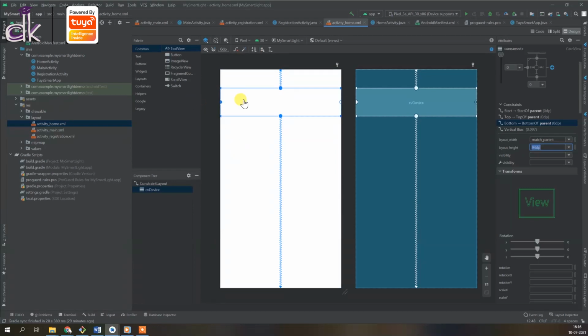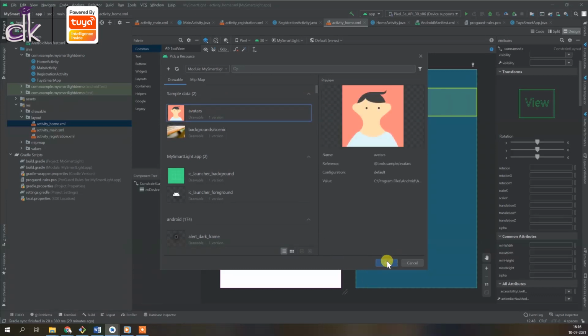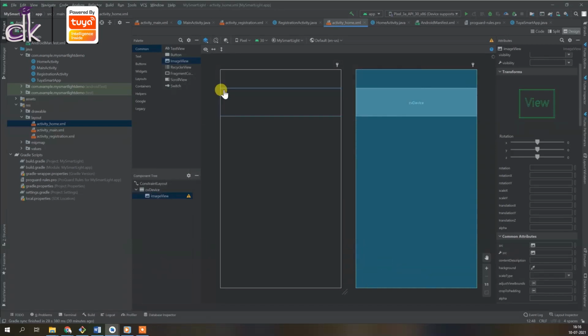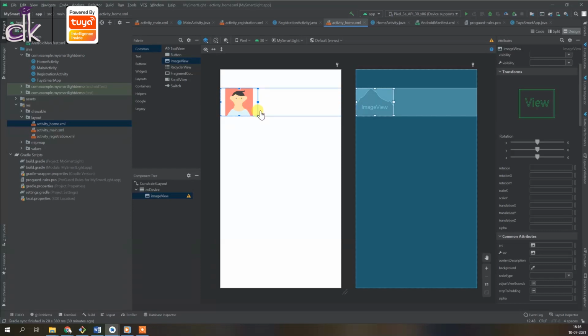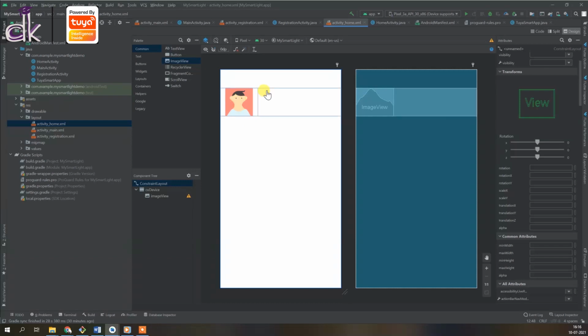And inside this card view you want an image view, and let's add the image later, but for now you can just choose something. All right, and you can just position it to the edge of card view, and then you also need a couple of text views, right? So for that, add the text view,